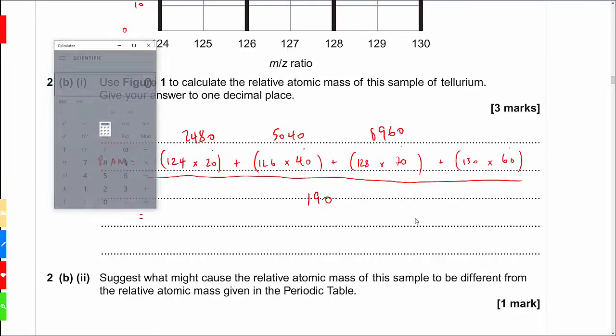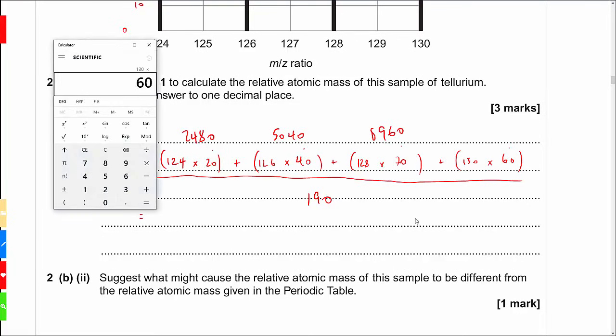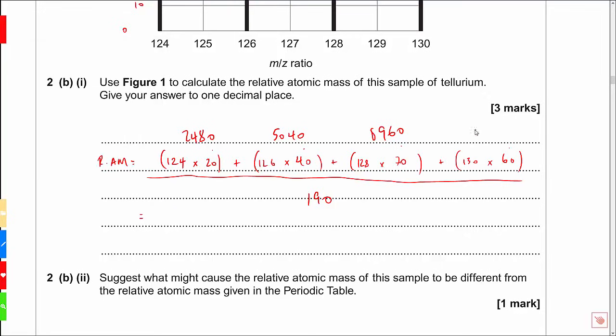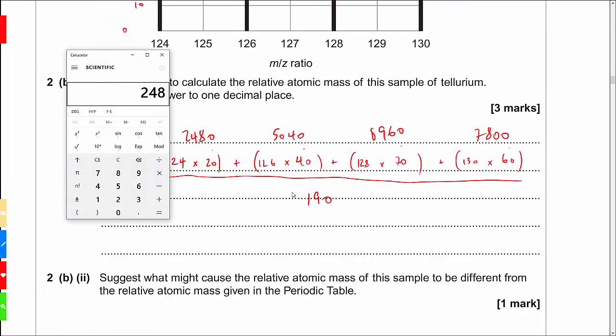And the final one is going to be 130 times 60, and that's going to be 7800. So you're going to add those all up, and we'll divide them by 190. So 2480, add 5040, add 8960, add 7800, divided by 190, and we come to an answer which is 127.7,